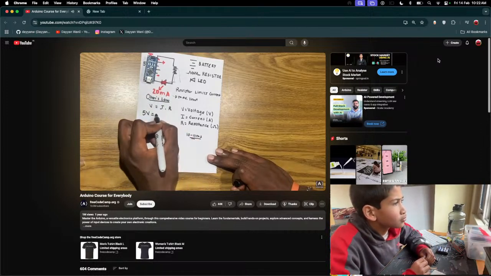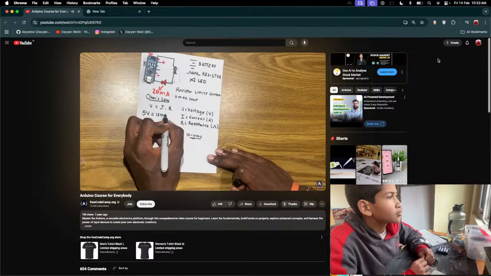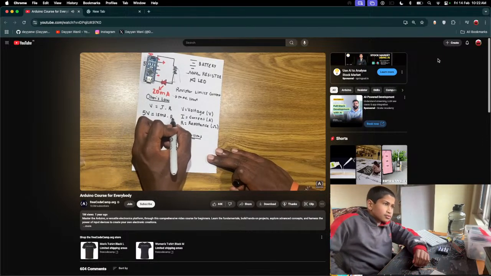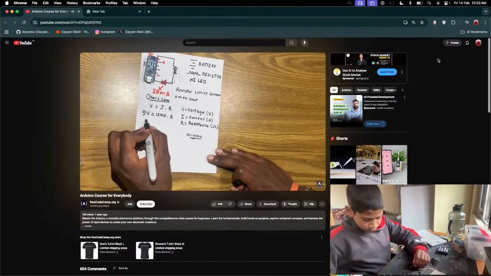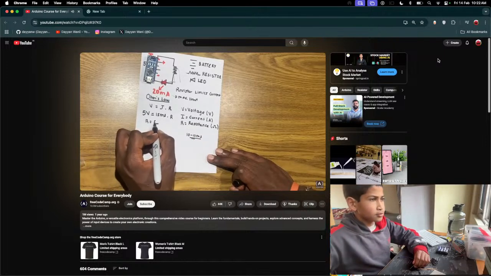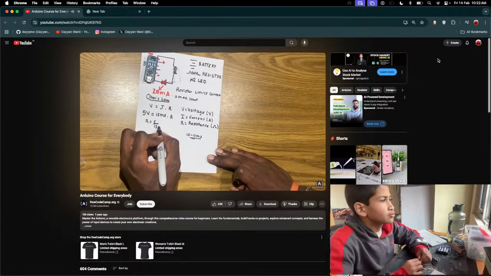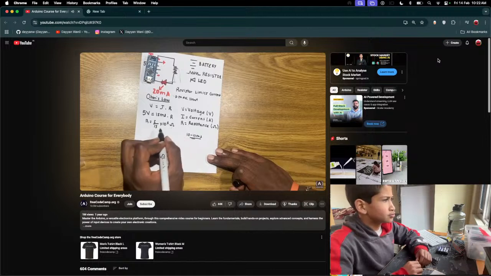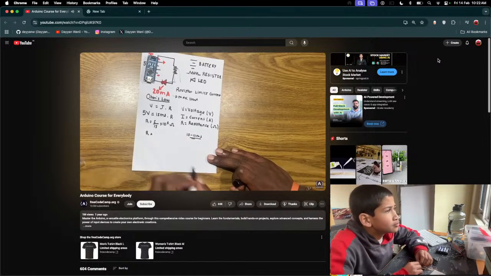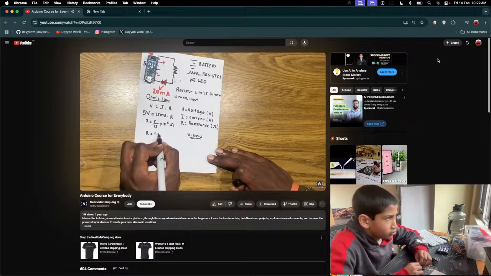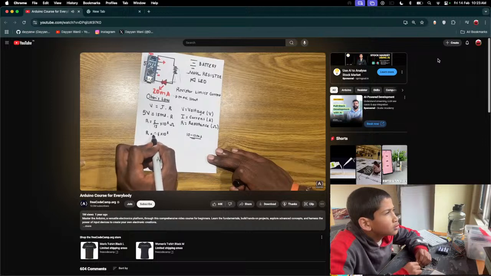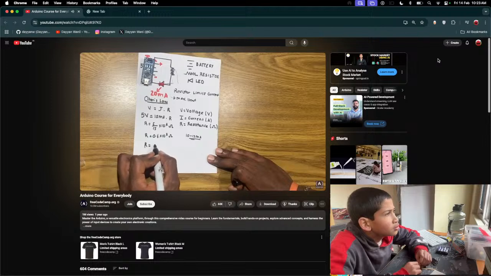So let's use 15 milliamps because we don't want to go over the recommended limit. And we have our resistor right here. Okay, so let's divide this. This becomes 5 over 15, and we have milli right here, so it's going to be times 10 to the power of 3. And we've got our ohm. As I said earlier, it's measured in ohms. So in this case, it's going to be 0.333 continuing, times 10 to the power of 3 ohms. So R is going to basically be